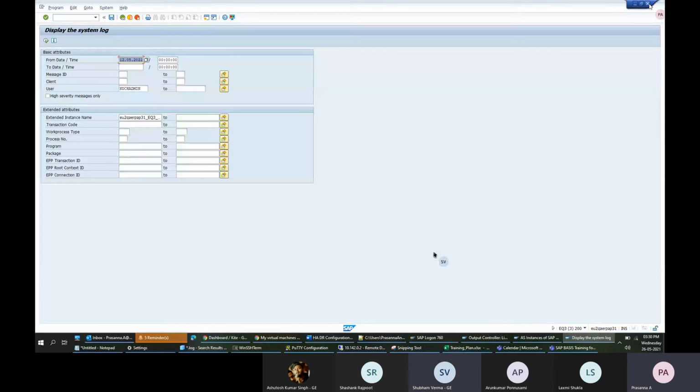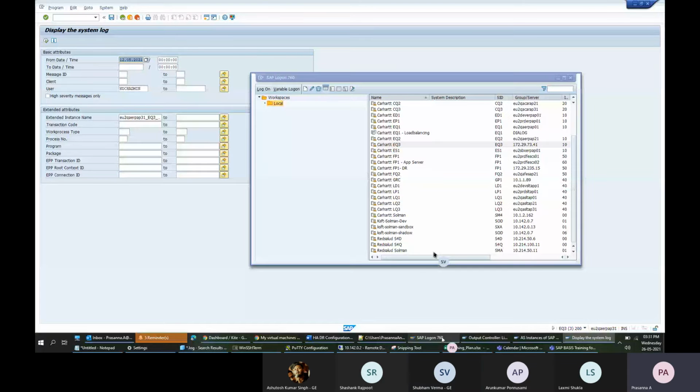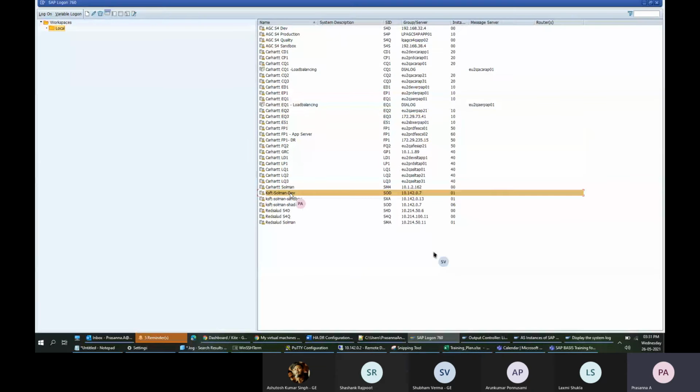I have one more question. Yesterday Arun created one user named Shubham with some password. If you want to log in with that user and password, would you be able to do that? Yeah, I can do it, because that user was created on Solman, right? That user is residing on the database server.